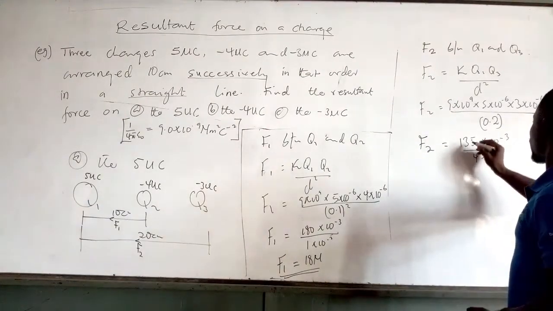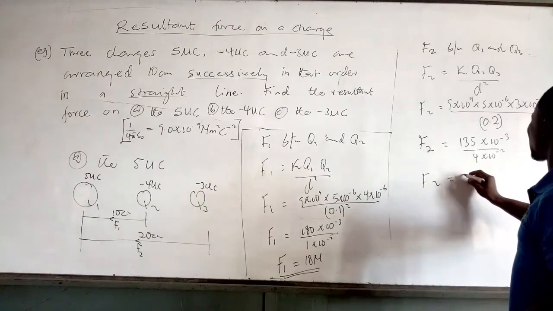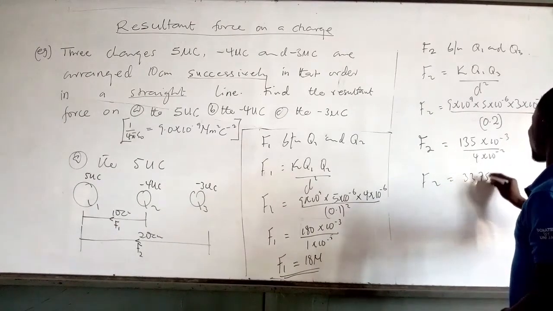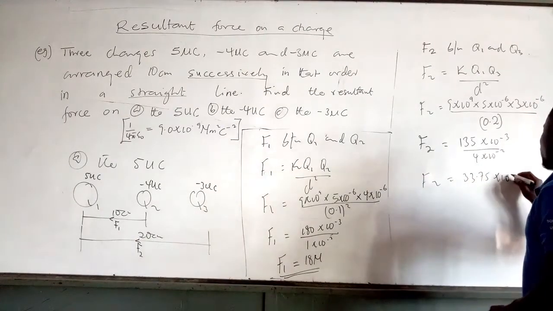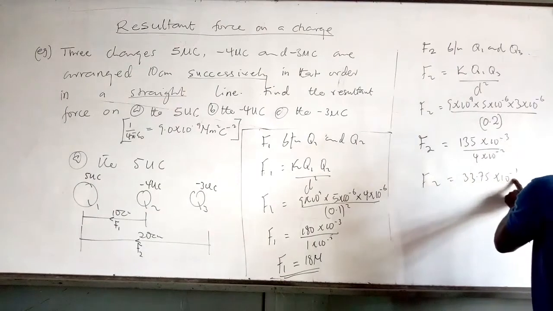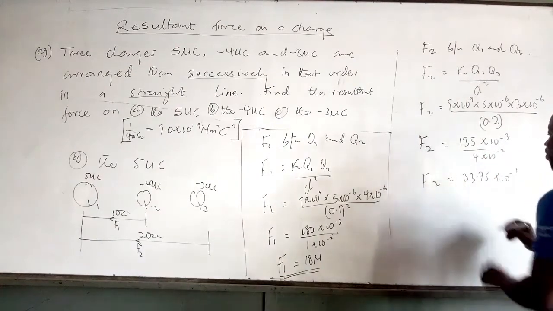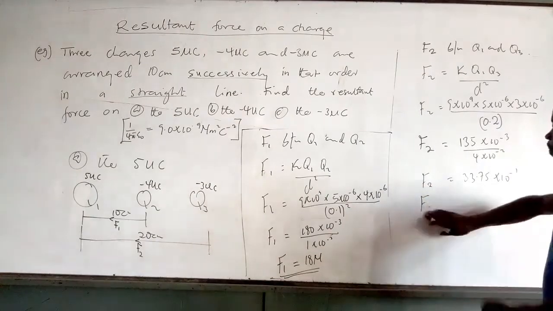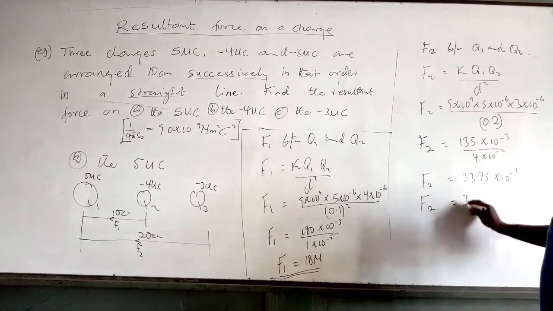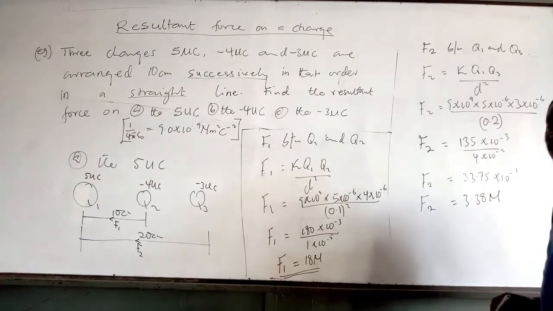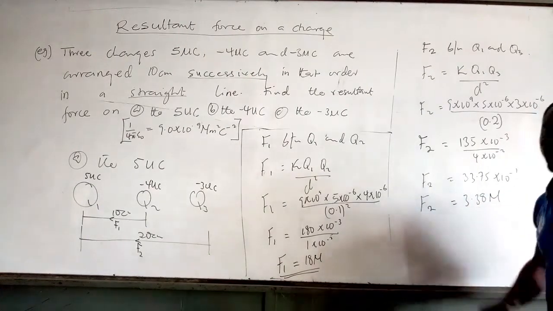Then 4 will go into this one. F2 is equal to 33.75 times 10 raised to the power minus 1. You know, when this one cancels this one, I'll get 10 raised to the power minus 1. Then this one divided by this, that will give me this one. Therefore, F2 is equal to 3.38 newtons. This is the force F2